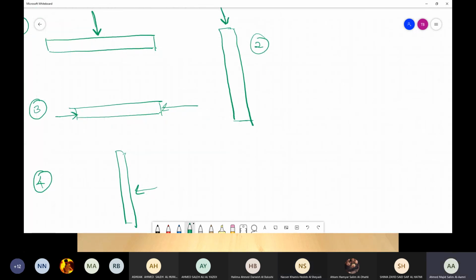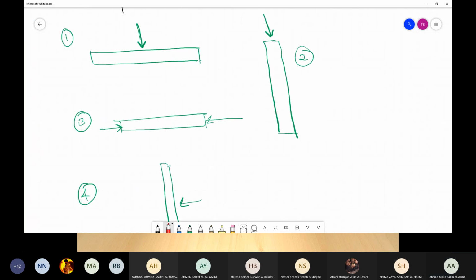Before deciding whether it's bending or buckling, you need to understand the major and minor axes. In this scenario, we have this major axis, and my load is perpendicular to the major axis. If your load is perpendicular to your major axis, then this is called bending. Is it clear? Are we fine?